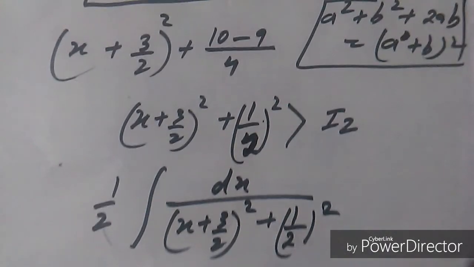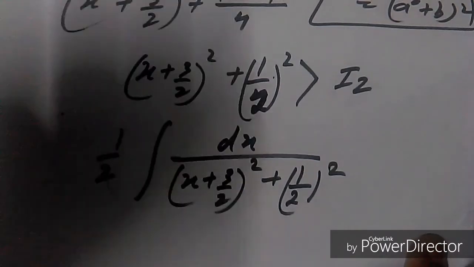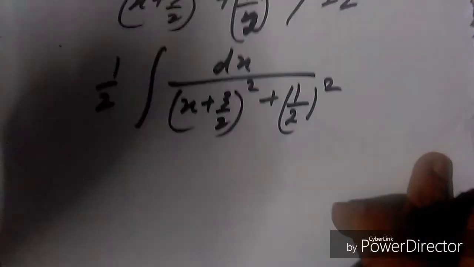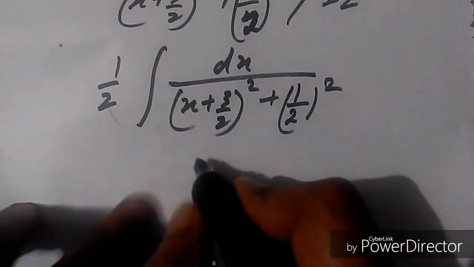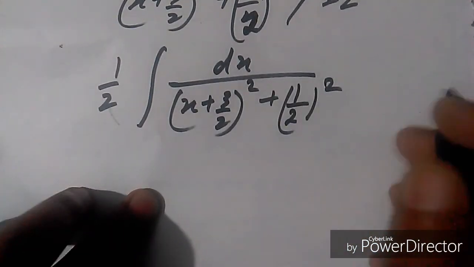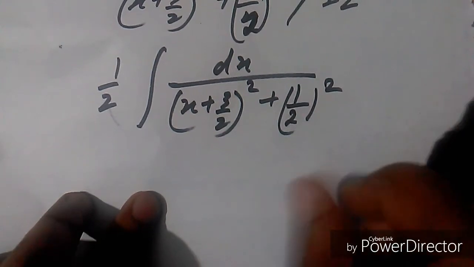Okay friends, now if we put x plus 3 by 2 is equal to t and dx equal to dt, then it converted into a